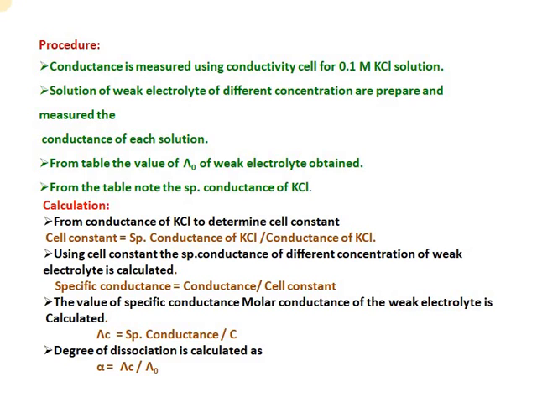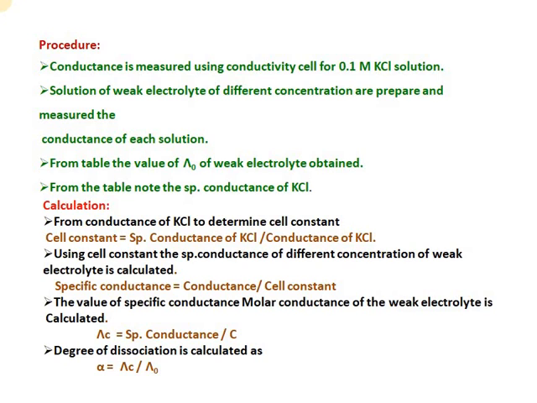Second point, solutions of the weak electrolyte of different concentrations are prepared, right? Weak electrolyte solutions like acetic acid can be prepared for different concentrations such as 0.1 molar, 0.01 molar, 0.03 molar, 0.05 molar, and so on. So these solutions can be made, and we measure the conductance for such different concentrations one